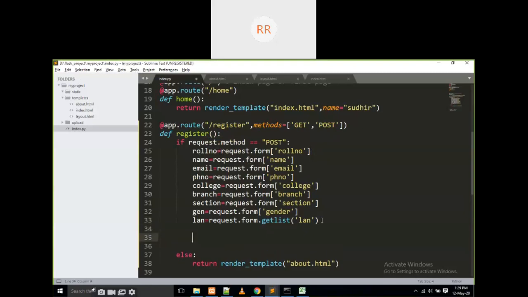Now I am going to check, is all the data coming or not? Roll number, comma, name, comma, email, comma, phno, comma, college, comma, branch, section, gender, and lan. Yes.